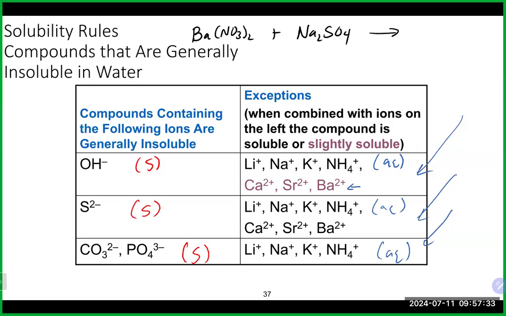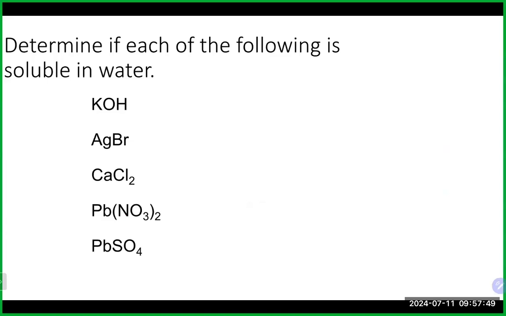We were finishing up on how to determine whether, when we put together a couple of ions, we expect a solid to form or not. Again, we use our solubility rules to do that. I think that's where we left off. So using the solubility rules for each of these, determine whether or not that they